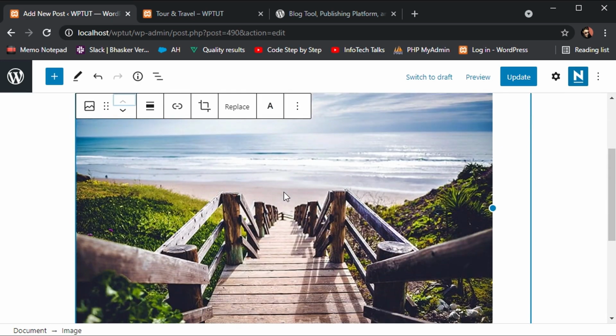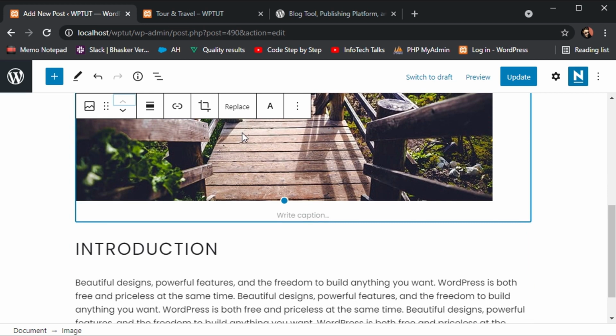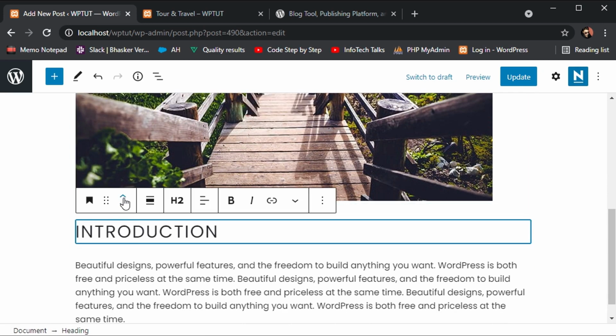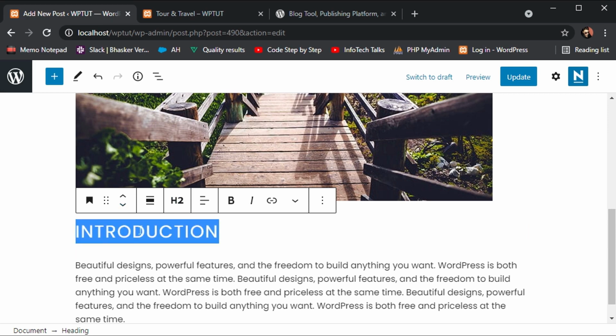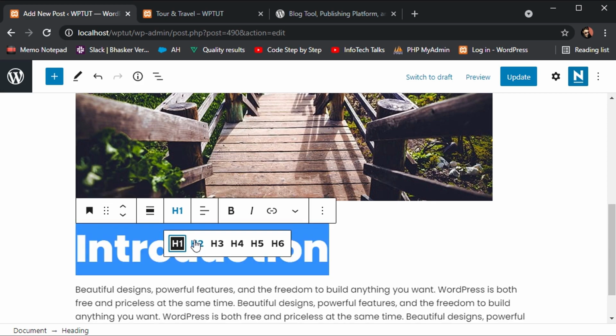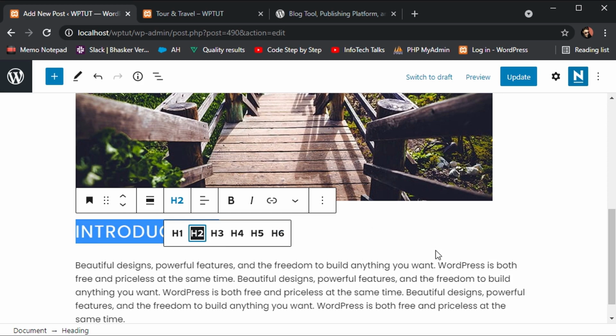You cannot move the title because it will always be in the top row, but you can move all the other content with these navigation keys. Since it is a heading, you will be given the option to select the type of heading, whether you want h1, the biggest, h2, h3, or h4. It all depends upon your requirement.